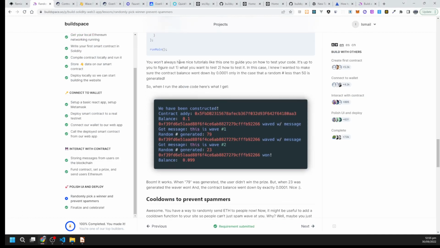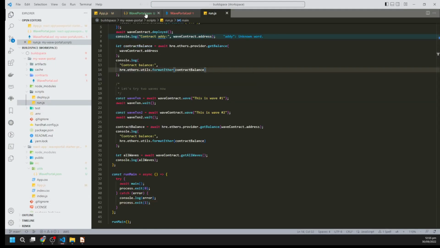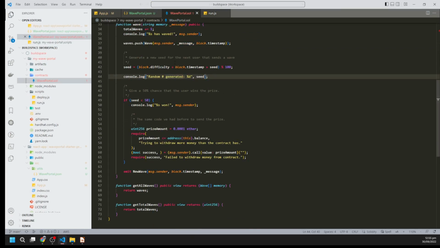Okay, now run this one also. It works. When 79 was generated, the user didn't win the prize, but when 23 was generated, the waver won, and the contract balance went down to 0.0001. So basically, the condition in the smart contract is that if the remainder of the seed is less than 50,